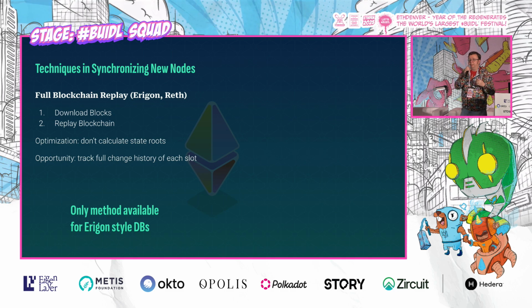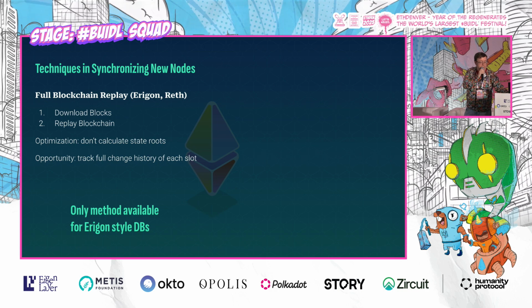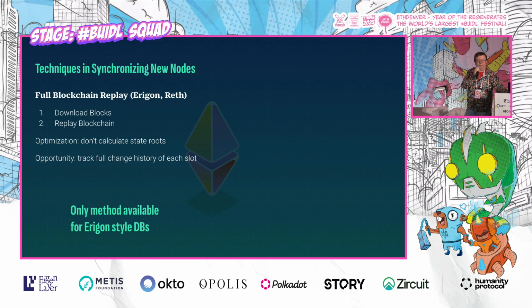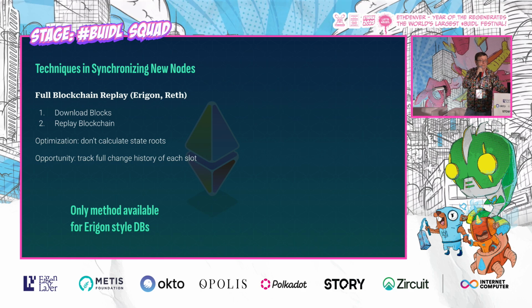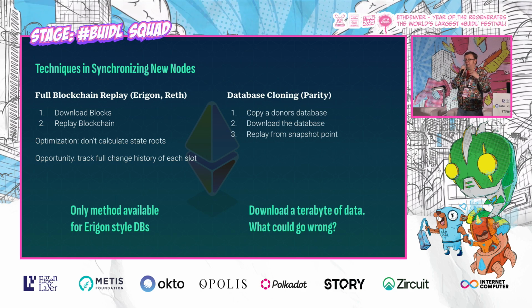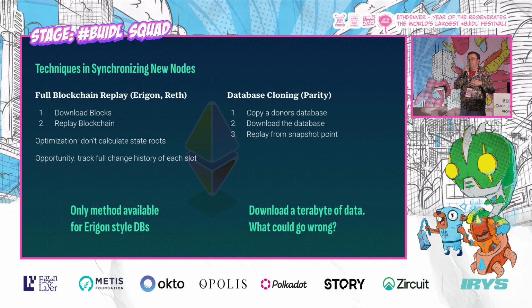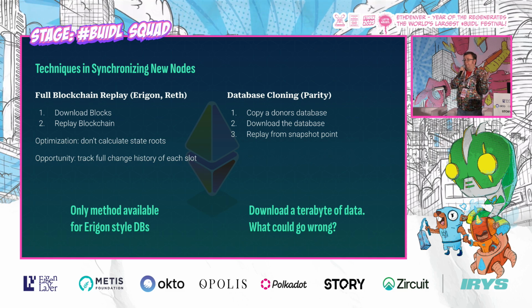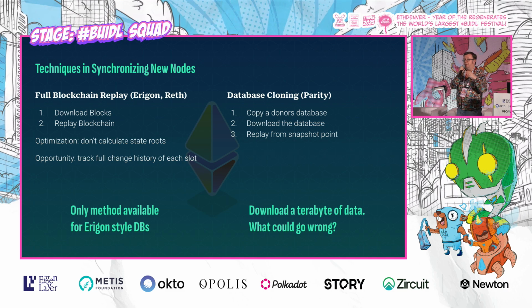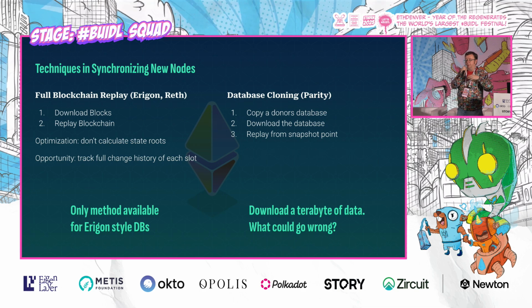And again, at the same time that it's running this, it's got to first download all the blocks. And the block download tends to go faster than the actual execution. There's one way that nobody really does anymore, and it's basically a variant of a database copy. Parity used to do this. They take their current database, they dump it out to a file, and then everyone would download that file and extract that out into their clients.